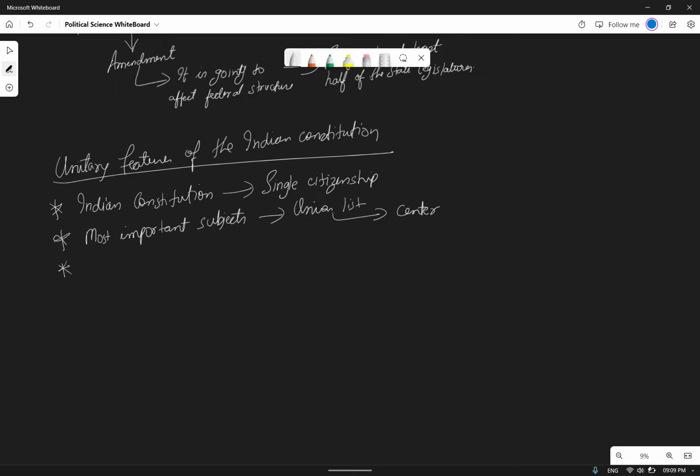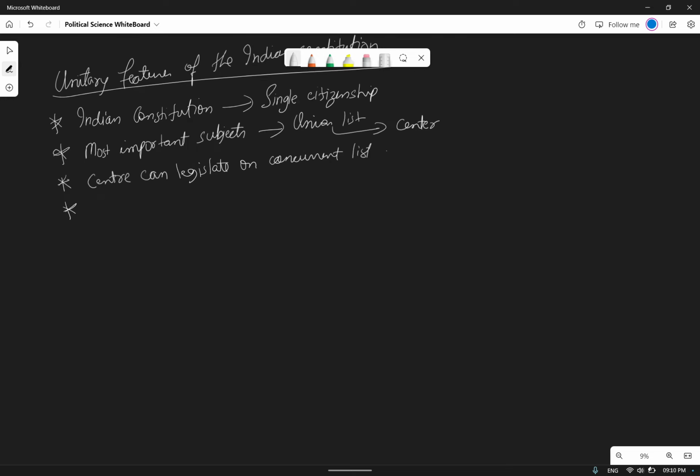Now the center can legislate on the subjects on the concurrent list, where a state can also legislate. The center can legislate on the concurrent list. But one more very important thing is